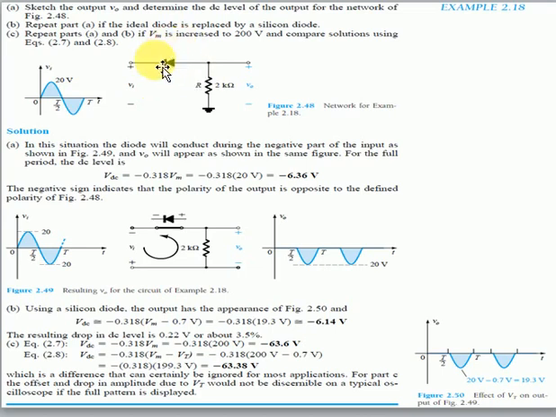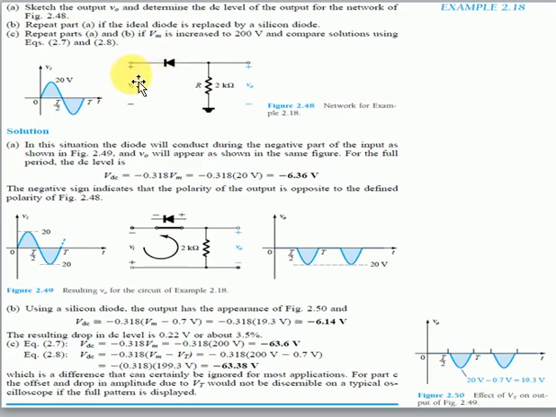As there is nothing mentioned here, it means it's not a silicon or a germanium diode, it is simply an ideal diode. We are having the input signal of maximum voltage of plus 20 volt and minus 20 volt. Here you may see this, when the positive terminal is at the input side, then the diode will be reverse biased. This diode will be forward biased in the negative cycle. Why? Because there is the negative terminal of the diode and this is the positive terminal of the diode.